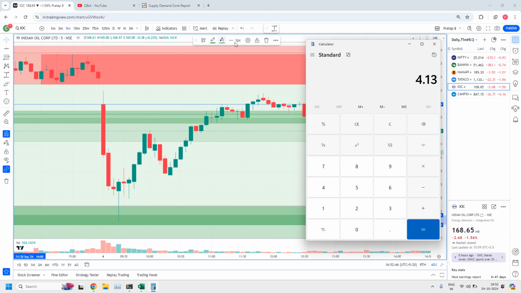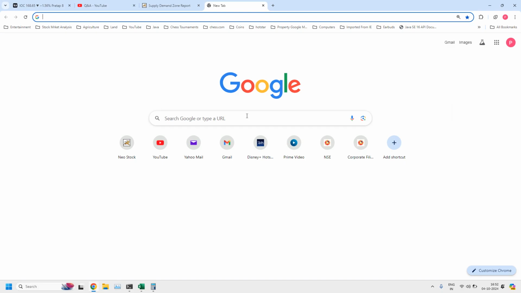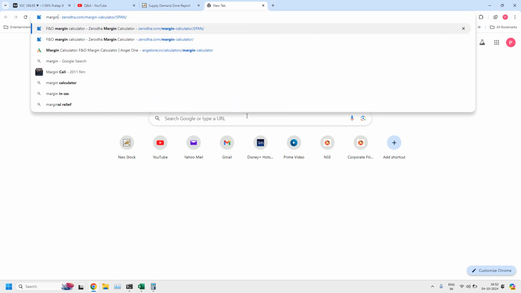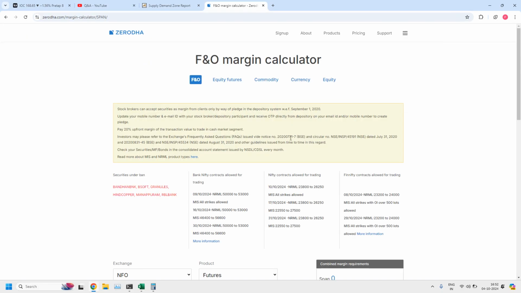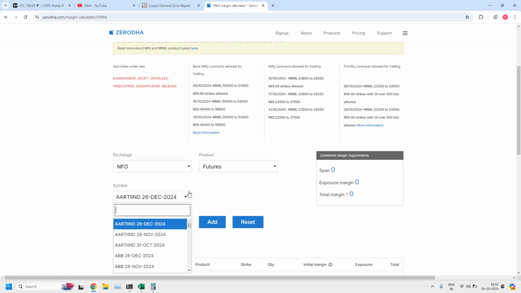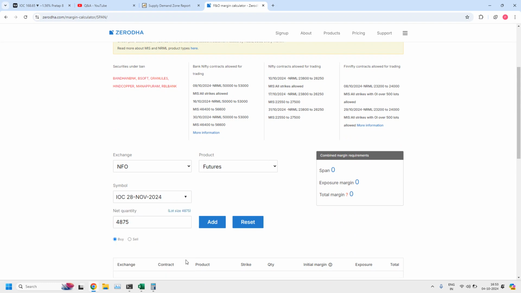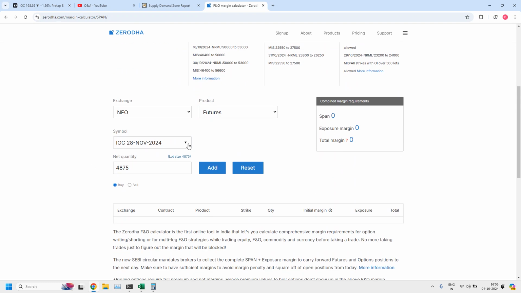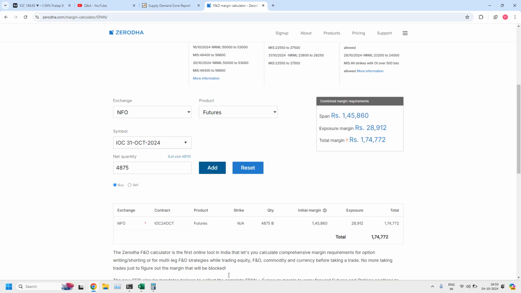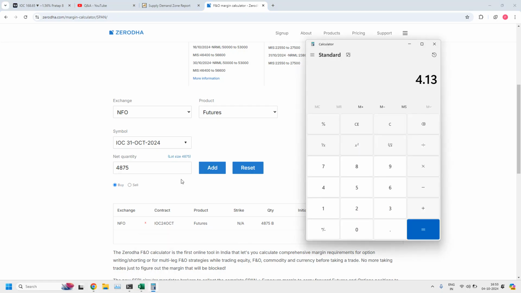Okay, what is the lot size of IOC? Let's open Zerodha's margin calculator. IOC, October future. This is the lot size, it may not be the same, but it is an approximate value. What is the lot size? 4875. So into 4875, you got